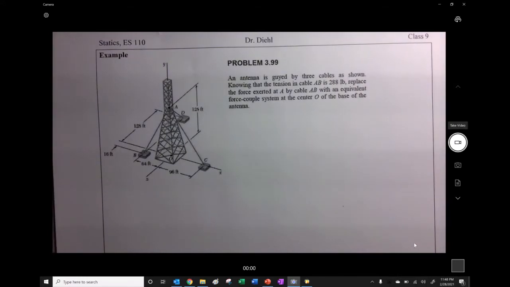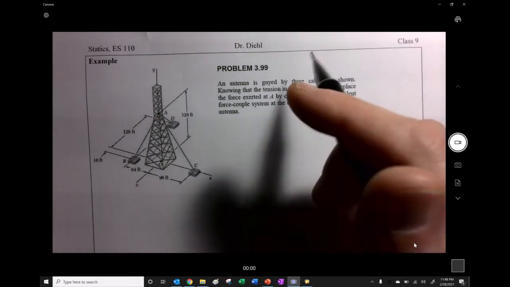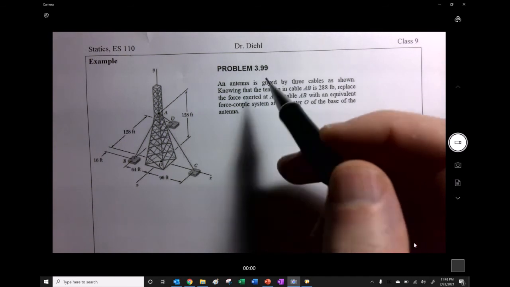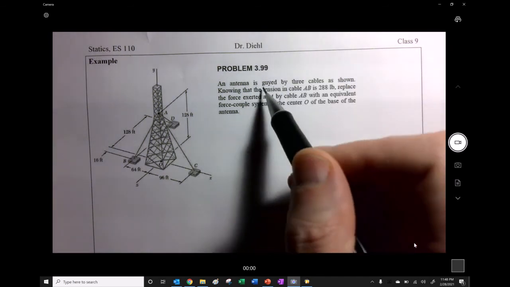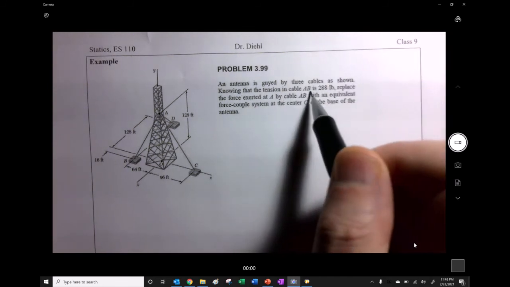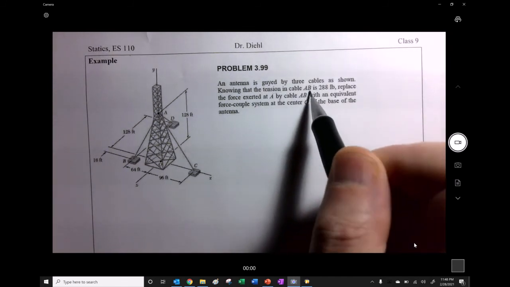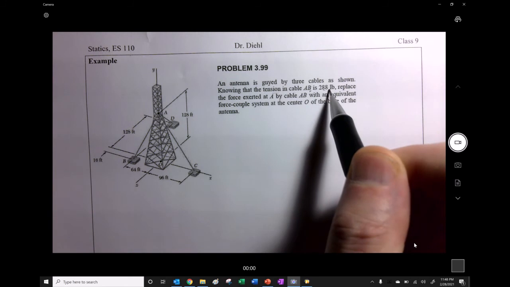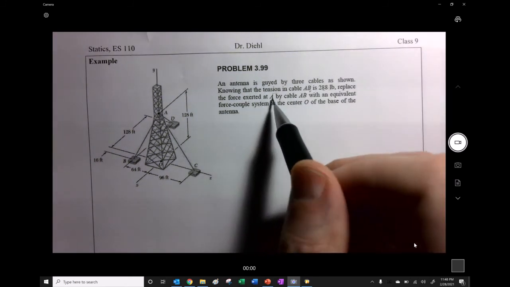Alright, so here's another example for class 9 where I'm going to do a problem out of Shigley. This is problem 399, serving as an example. And we have an antenna that's guided by 3 cables as shown. Knowing that the tension in cable AB is 288 pounds, replace the force exerted by